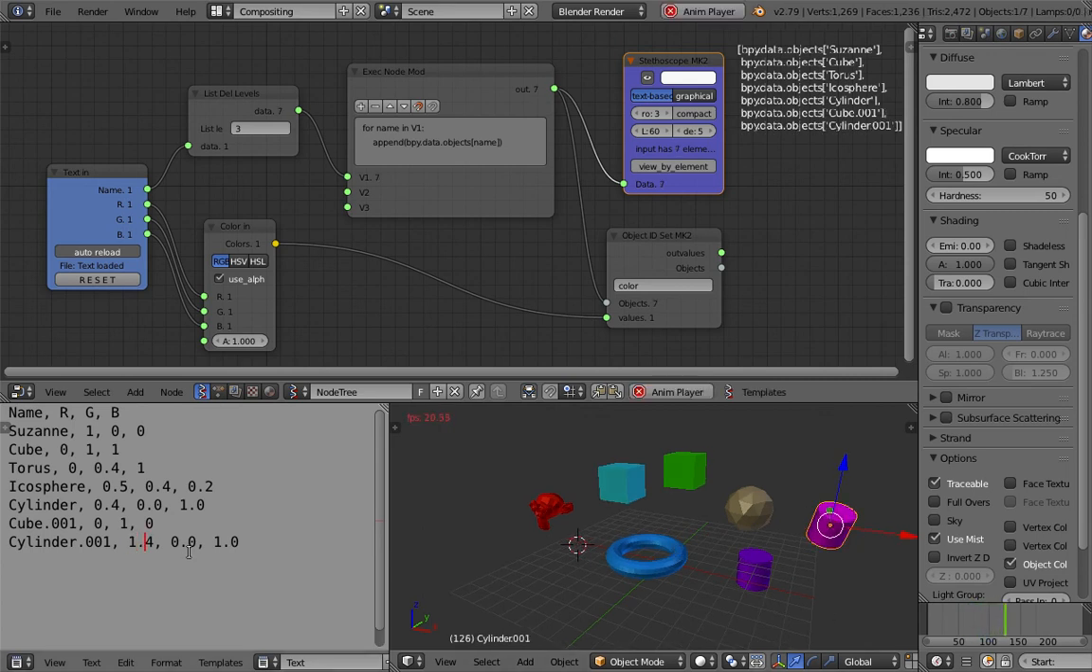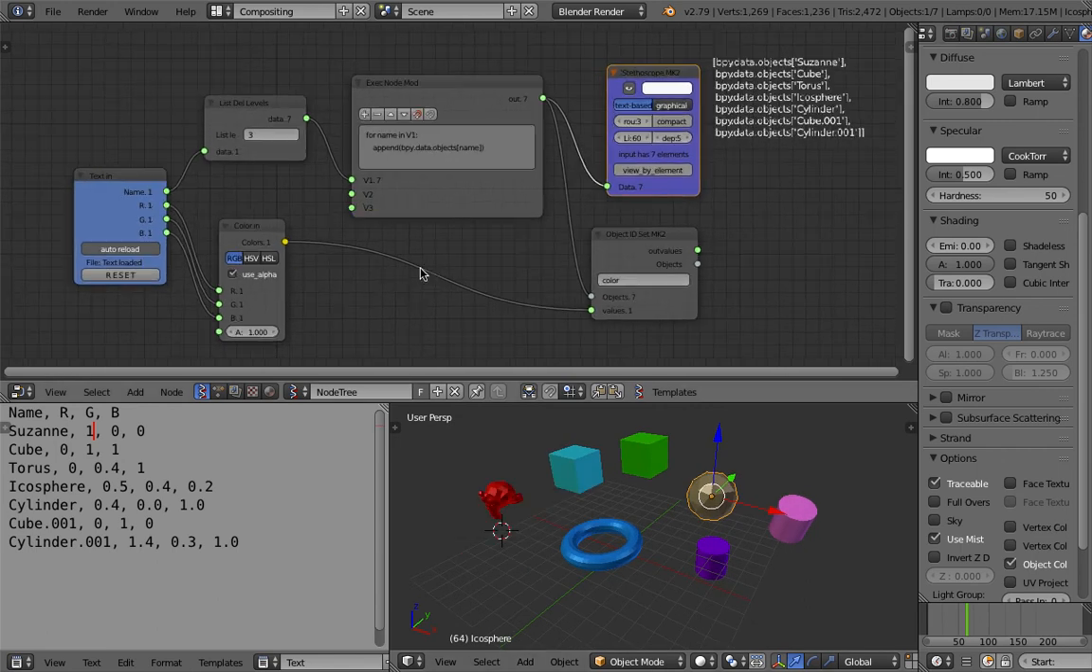Let me try a different color. See, it simply just works. So yeah, let's see. For the icosphere, let's give it a different color. See, Suzanne is currently red. If I give it a blue color, it's as simple as changing the RGB. So yeah, this is a quick way,